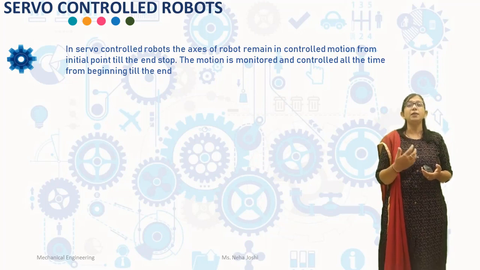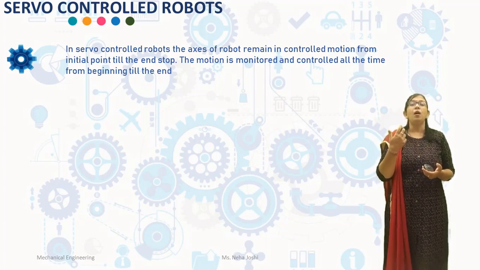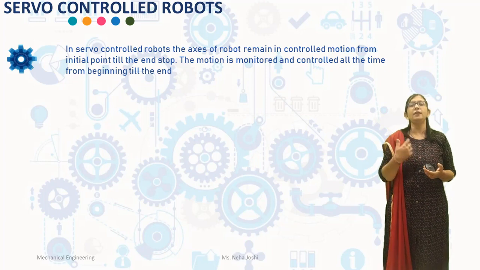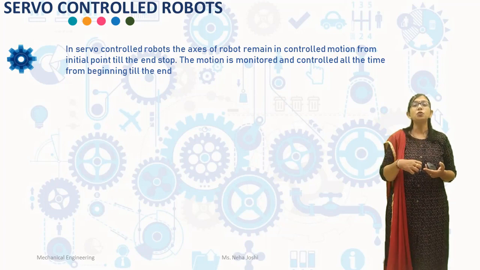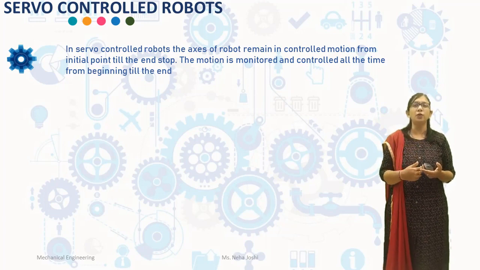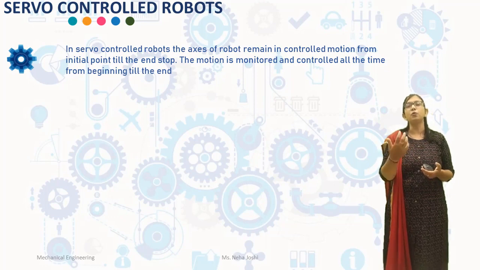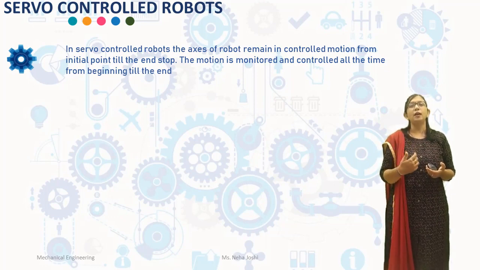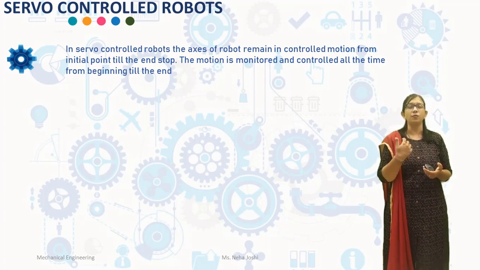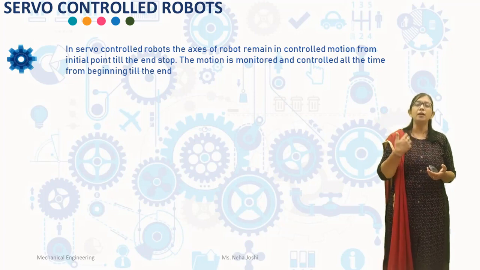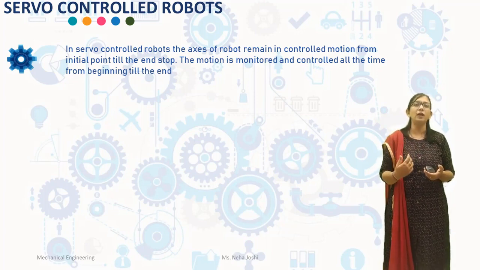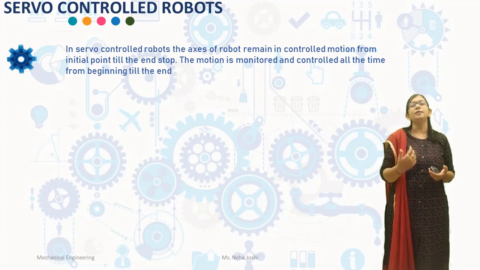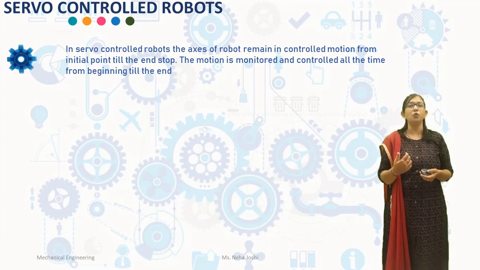A typical operating sequence includes, at the beginning, the information regarding the desired motion position being stored in the computer. The desired motion sequence is sent by the computer to the controller. The controller sends the signal to the actuators and sensors give feedback to the controller. The actual and desired motion positions are compared and an error signal is formed. The error signal is used by the controller to control the operation of the actuators, and the error signal is modified continuously.